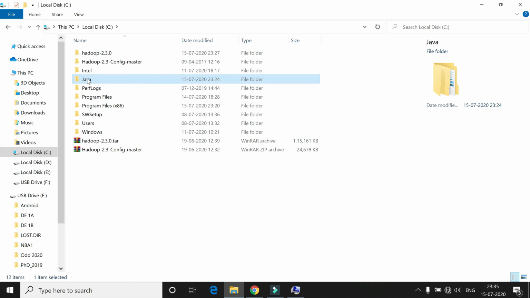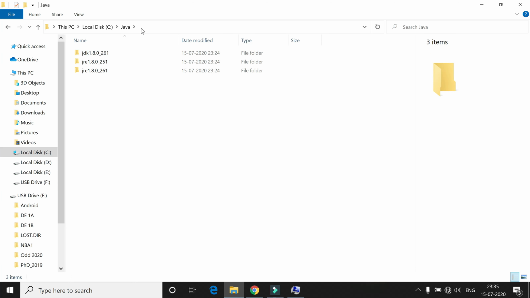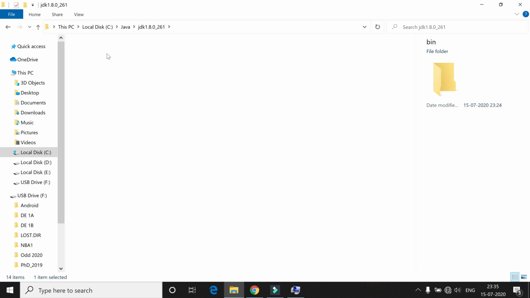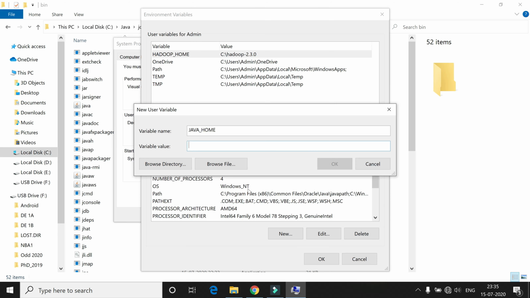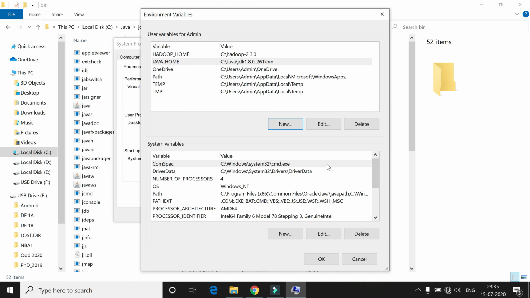So here C Java, then JDK path and then bin. Copy this entire path and paste it here. Click on OK.